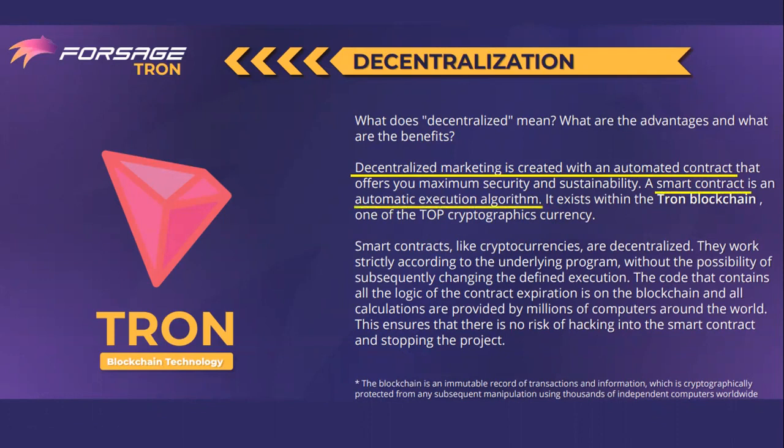So with the execution of a command, once all the criteria is met, it will automatically execute the command. For example, I am ID 1454, and let's say my wallet contains 1,400 Tronics. I want to buy level 3 of the Forsage X3 platform, which costs 400 Tronics. So I approve that. 400 Tronics will be deducted from my wallet. It's automatically executed. So now my wallet will contain 1,000 Tronics, and the 400 Tronics will be directly given